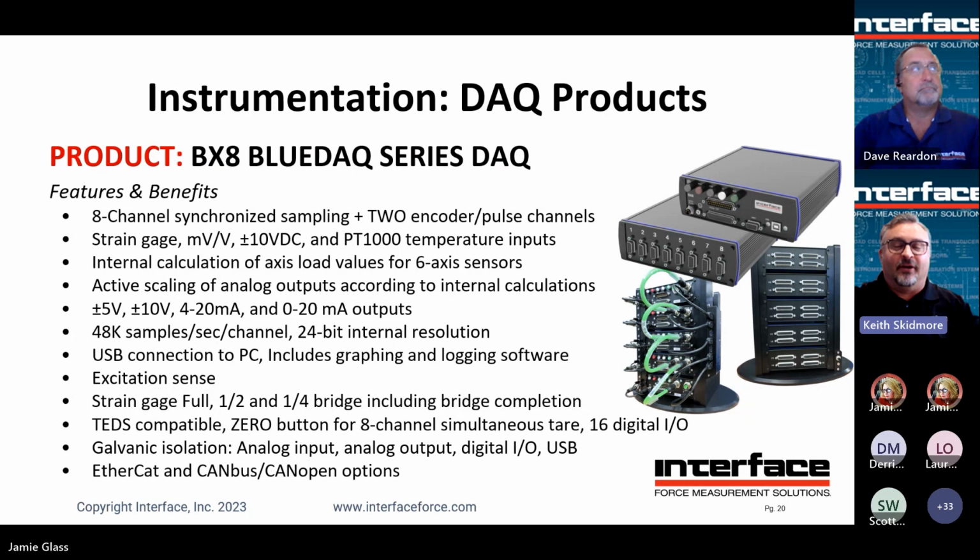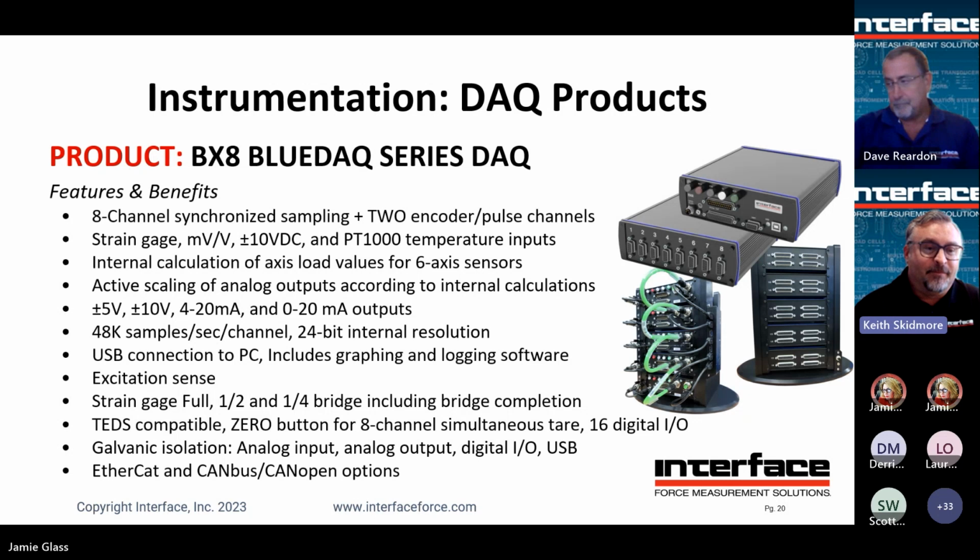So starting with our biggest channel count DAQ would be our BX8. Comes in 8 channel modules. They can be combined. This shows a rack where you have 5 different units combined for 40 channels total. Each BX8 also has 2 extra channels, so it's really 10 channels. The 2 extra channels are encoder or pulse channels, and then the standard 8 channels could be strain gauge, millivolt per volt, voltage input, PT1000 temperature sensors. You can also take thermocouples, and you can combine any number of those sensors in one device,